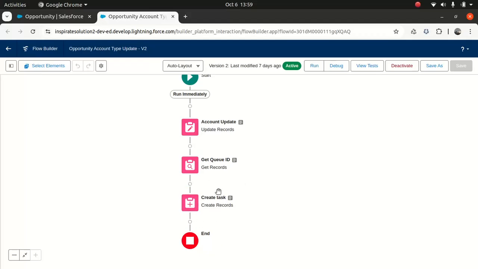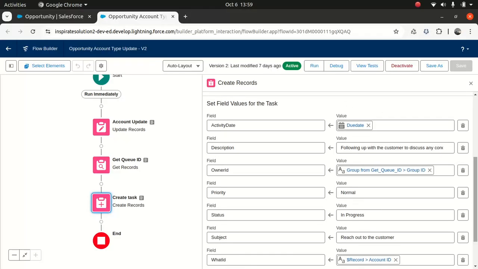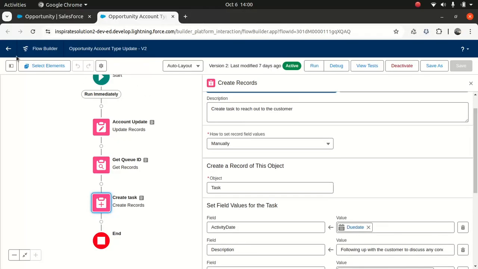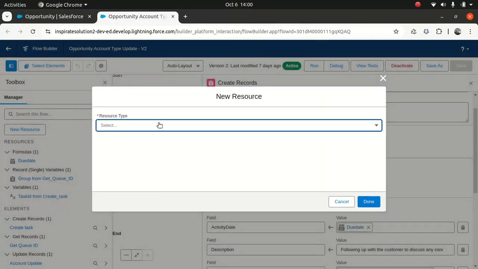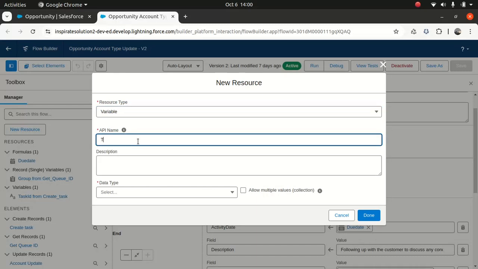So what can we do in this context? I wanted to take this create task and move it to a subflow, because create task is very generic. You can pass this to a separate flow to make it more modular. So let's look at create task here. As you can see, I have a few things sitting here. To keep it very simple, I will create a new resource, a variable, with an API name of task record,